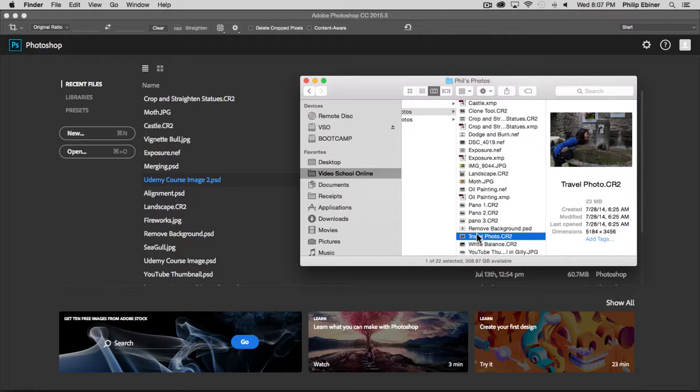In this lesson, I'm going to be showing you how to edit a photo from beginning to end. Basically, in the last few lessons, we've learned the different tools that you can use in Photoshop, but now I'm going to walk through editing a photo as if this was actually me editing a photo. So if you want to follow along, you can open up the